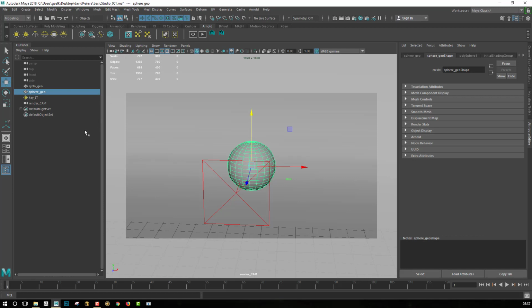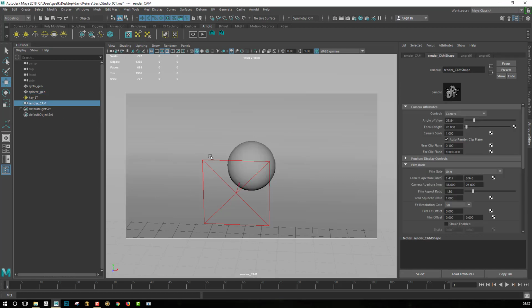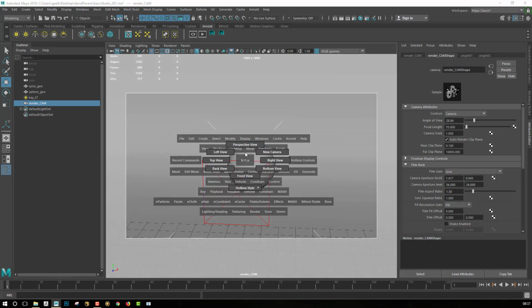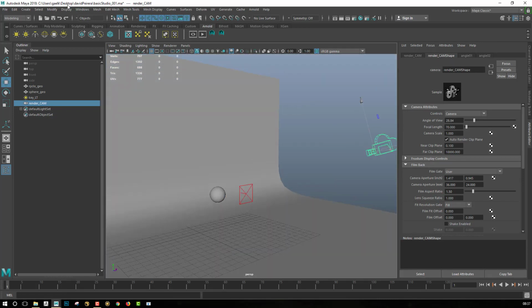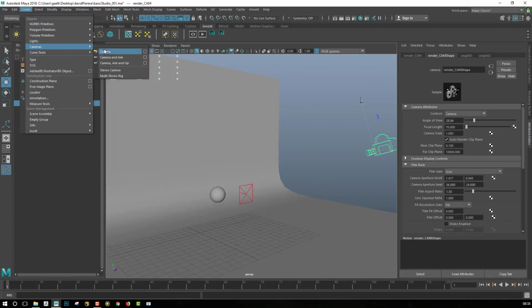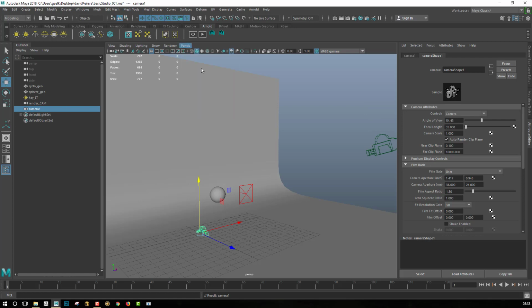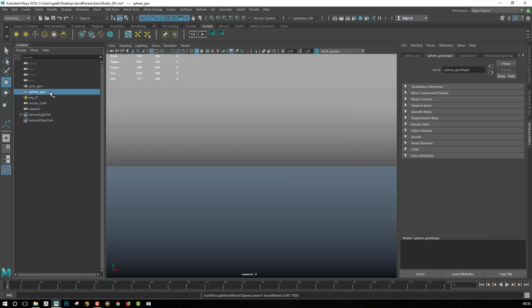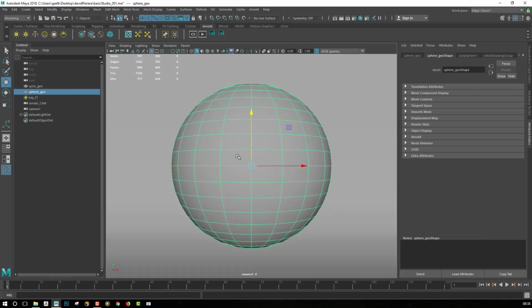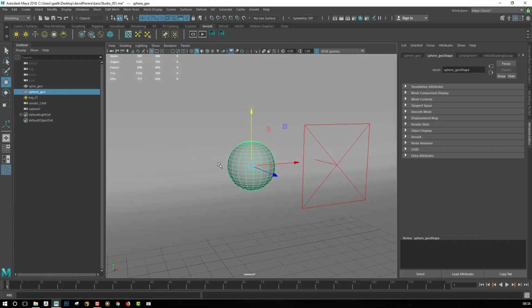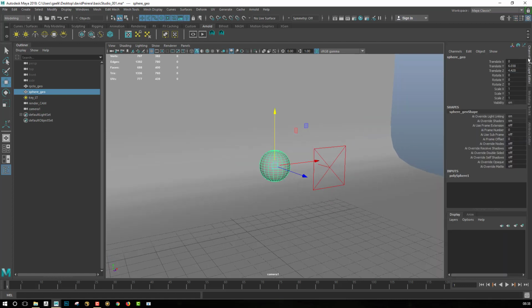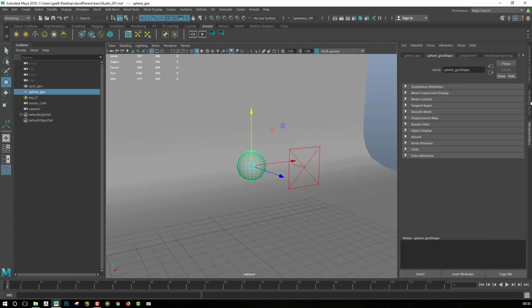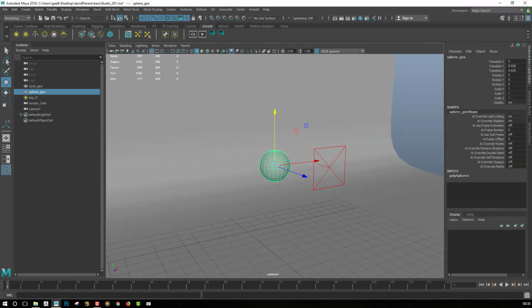The easiest way is really for me to create one camera per render that you want to do. So you will just select this camera, then you lock it. If you want to create another one, you just go into perspective, then you go into create, and you add a new camera. And for every camera that you add, you will just go in the panel, look for selected, select your sphere or your main object, click F to frame it, and then you just adjust the position of your camera. So you will be able to have a camera for the close-up and another camera for the wide range rendering.